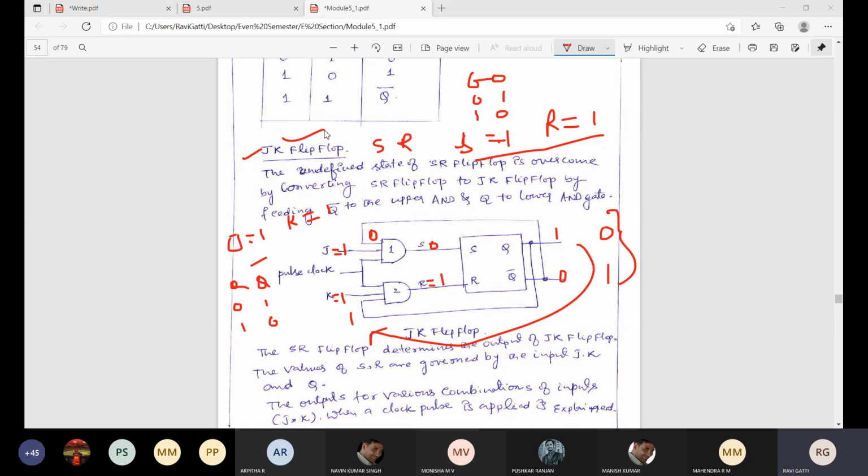Have you understood this? Yes? No? Little understood. Yes, Pushkar, try to put those values so you will be able to understand. Yes, I can understand, because for the first time the 0 will be fed back and it will be a little confusing. But if you put the values and see what happens, that is where you can understand this concept.